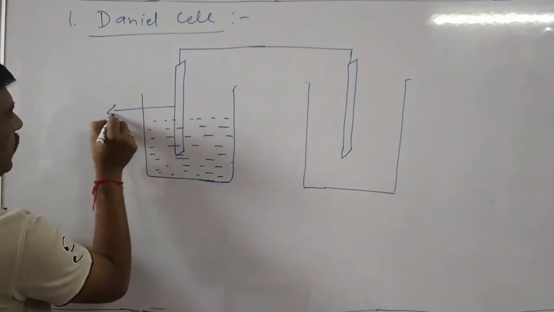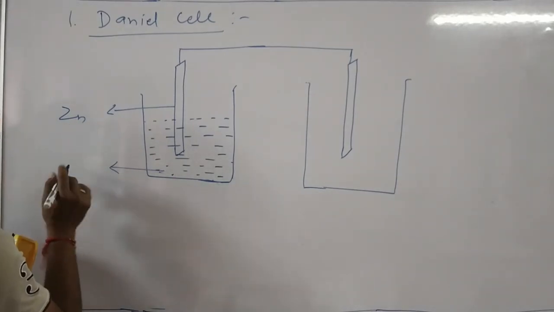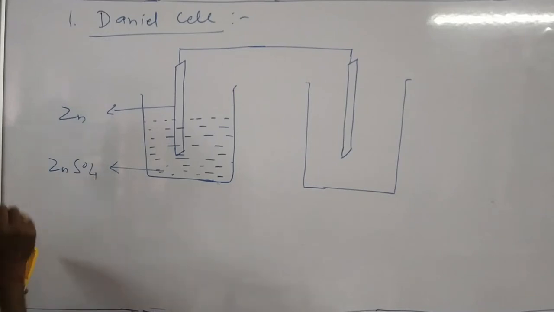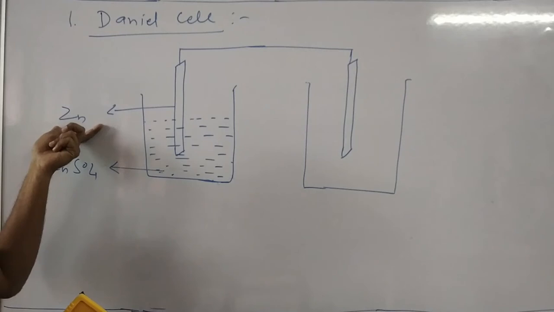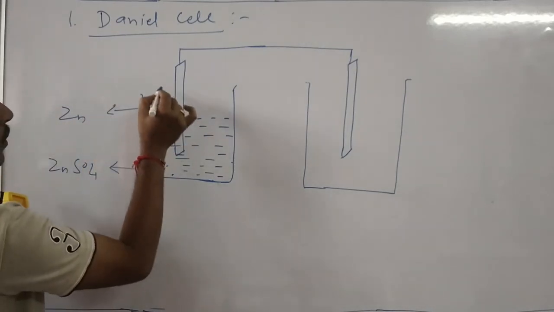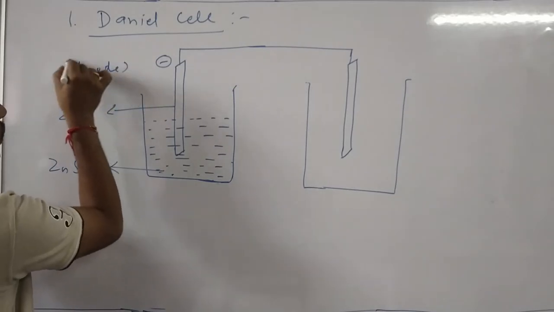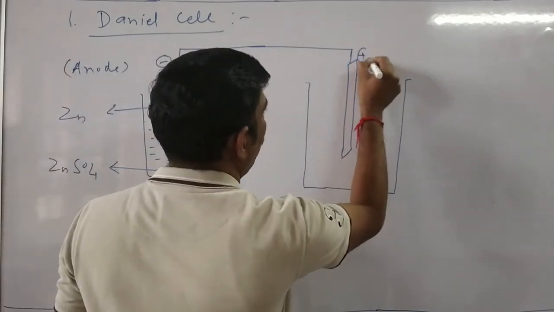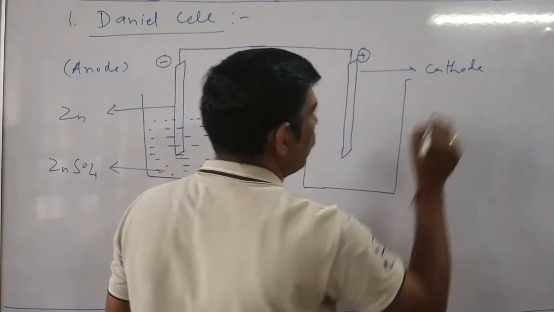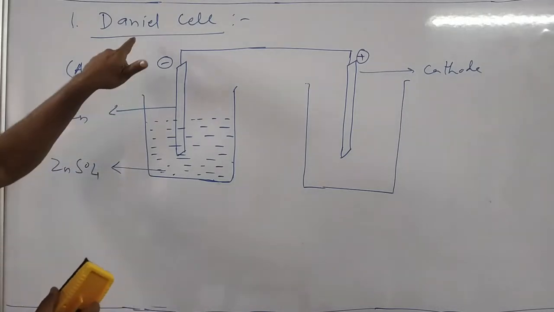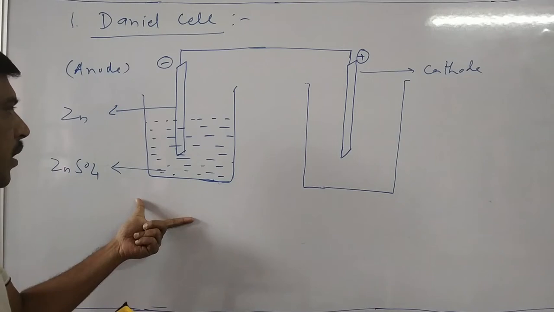So this is a zinc plate. This is ZnSO4 solution. So we are using zinc as the anode here. This is the negatively charged electrode, that is the anode. And this will be the positively charged electrode, the cathode. So who will be the cathode here? We are studying the Daniell cell. The Daniell cell is a combination of a zinc plate in zinc sulfate solution,